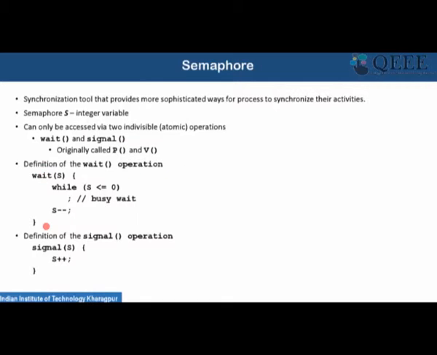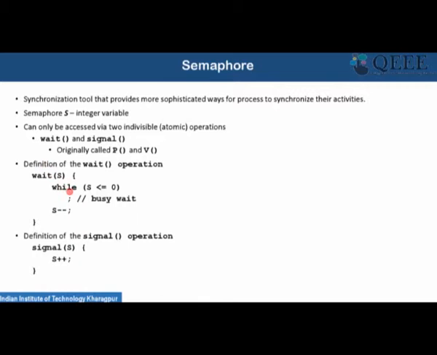Now this is the definition of the wait and signal operations on a semaphore. Both the wait operation and the signal operation are atomic operations. Whenever some process is executing the wait operation inside the semaphore, the whole wait operation needs to be executed. We ensure, with other primitives like hardware support, that the wait operation is atomic. So if someone starts executing the wait operation, it should complete the wait operation.